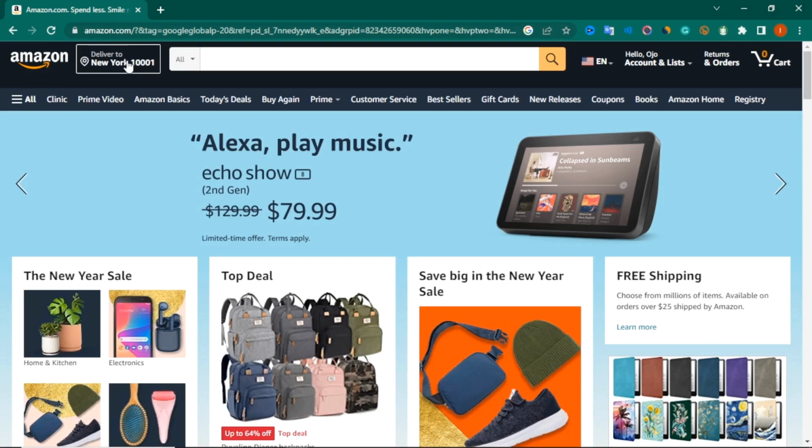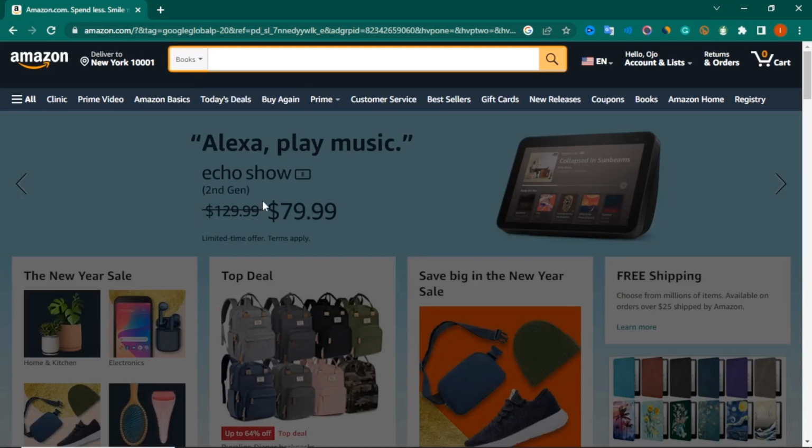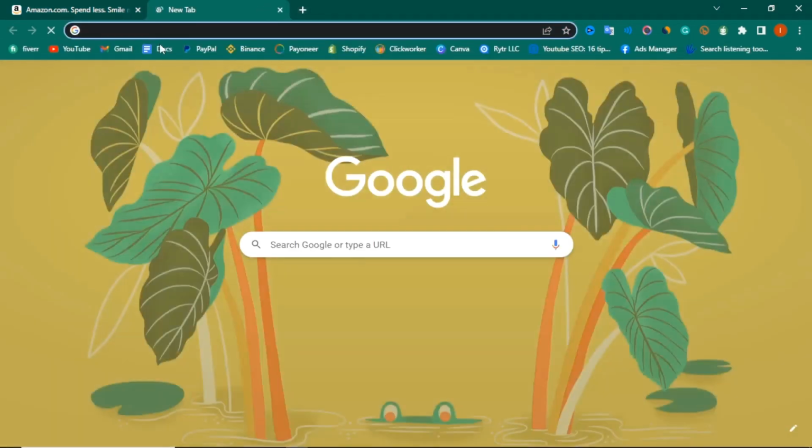So now the next thing we're going to do after that is to head over to this point here, and we're going to change this from all. We're going to move it down, we're going to narrow it down to books. So now we're going to move it to books. And then now that has been done, the next thing we want to do right now is to come over to Google Docs,